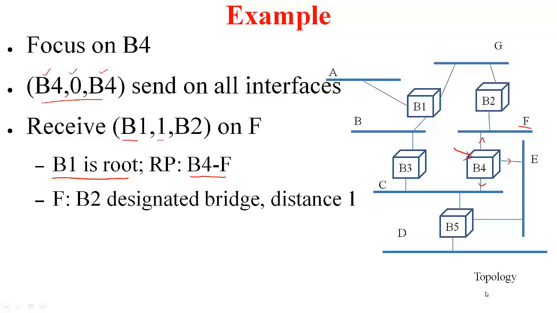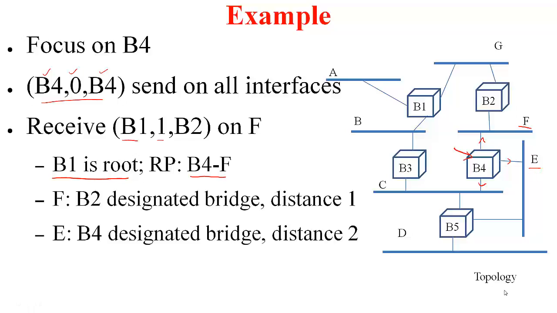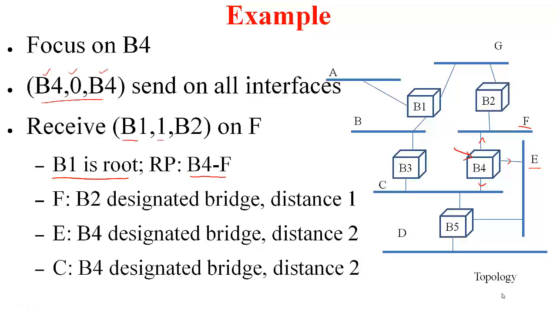So what about for LAN segment E? Who does B4 think is the designated bridge for E? It considers itself as the designated bridge because it did not hear any other configuration messages from other bridges. Similarly, for C also, it views itself as the designated bridge. B4 will stop generating configuration messages because it is not the root anymore, but it is still going to forward